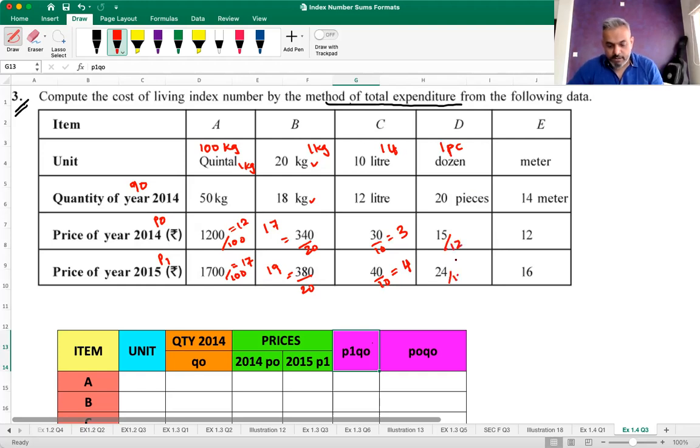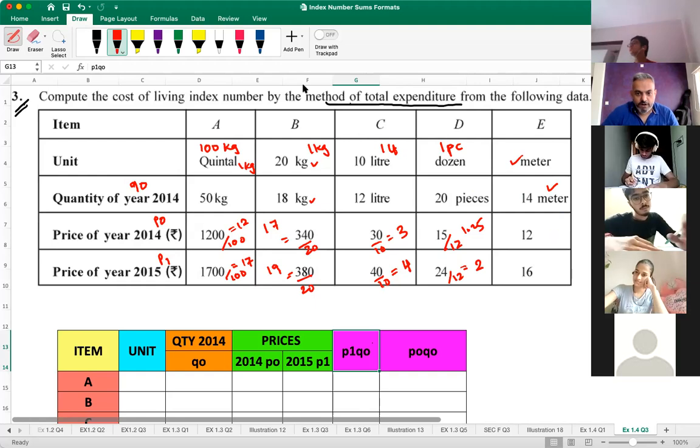So 15 divided by 12 is 1.25, and 24 divided by 12 is 2. And meter. So 1 meter, no problem, no conversion required. All of you understood this conversion? Anyone has any doubt? Okay,